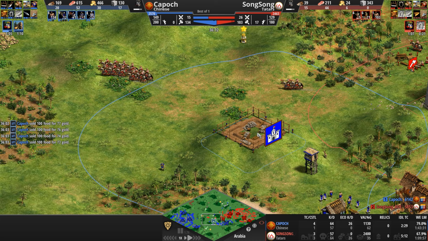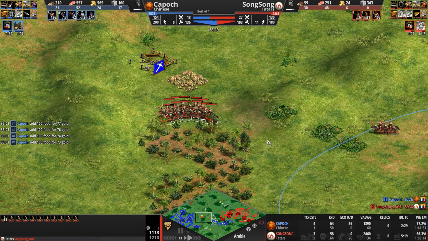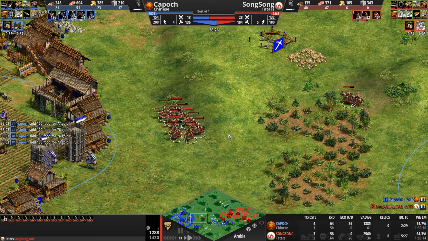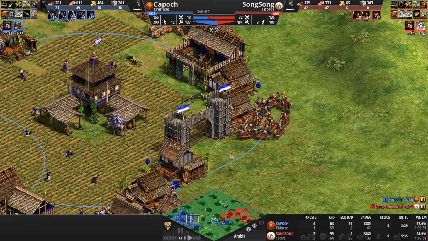He says, you know what? Keep your castles, keep your jumble. I'm just going to go out and do what these Keshiks are meant to do, which is raid and generate gold for me. And I don't know about you guys, but